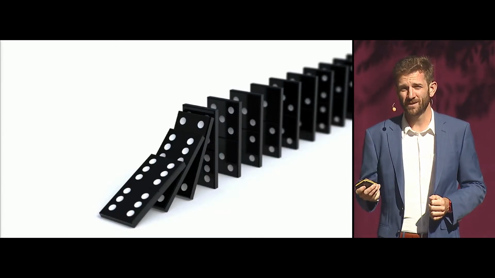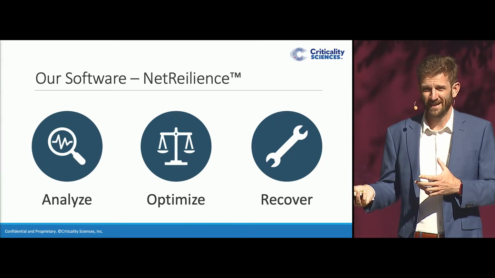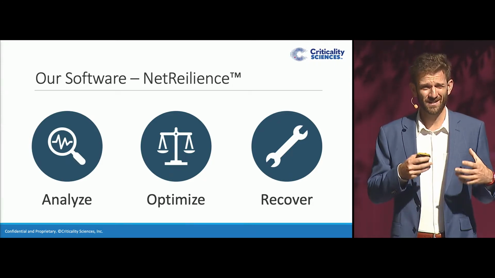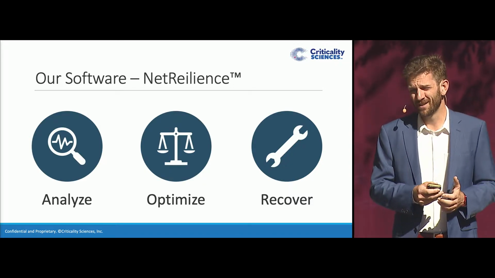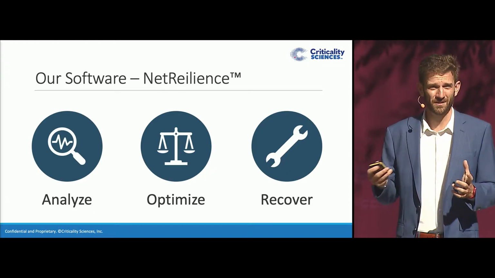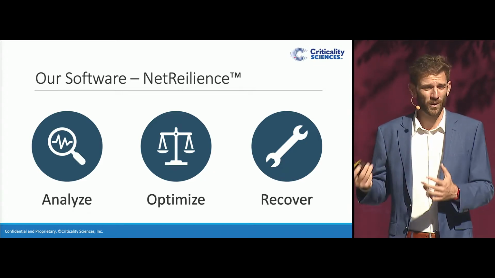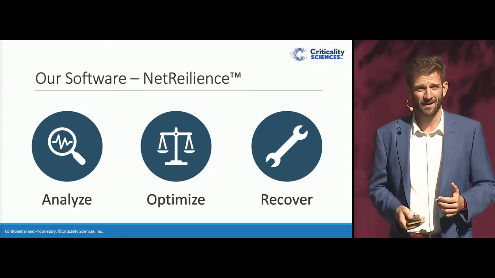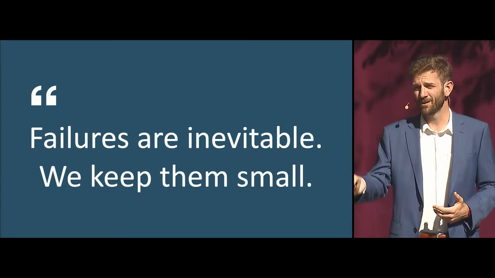And this is what we set out to address with Criticality software. We help utility companies analyze their systems for propensity to fall into cascade failure and create a fragility metric. To that end, we help them optimize the ROI of their mitigation budgets, which is oftentimes billions of dollars per year, and we help them recover efficiently when something goes wrong. And I say when, not if, because we take the approach that it's only a matter of time. We like to say failures are inevitable.